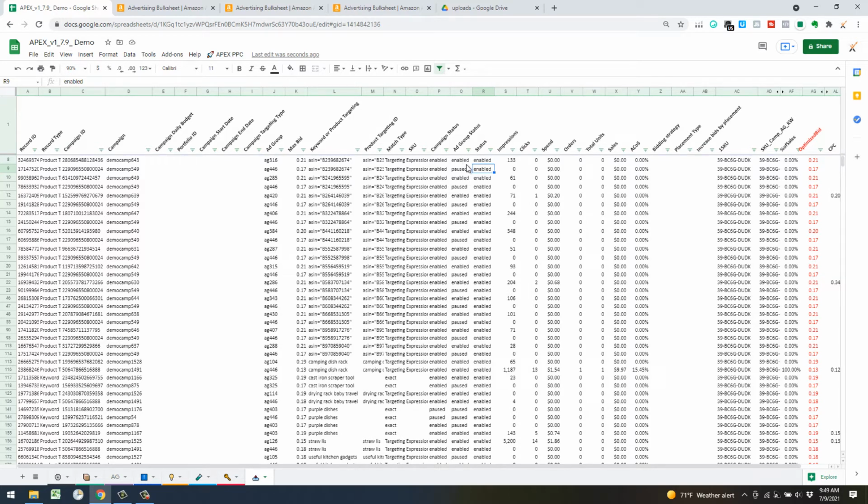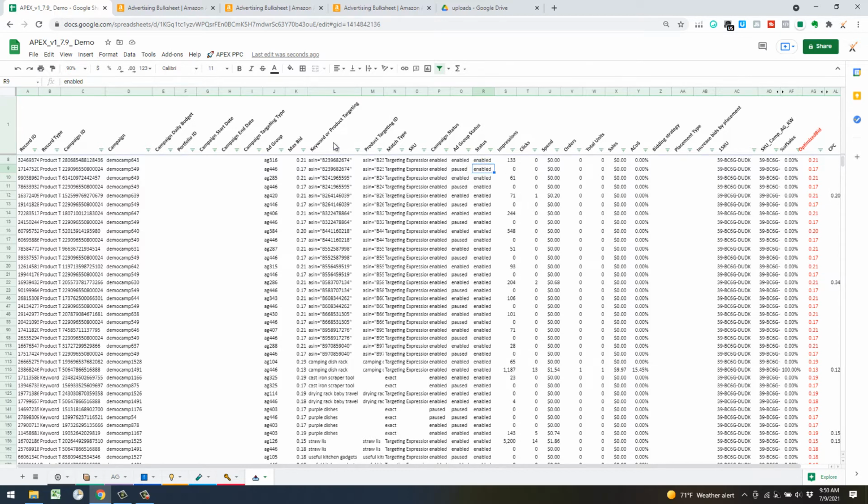You typically won't have that. This was just how it imported in, but what you'll have is if you accidentally put the same keyword in the same match type, just different campaigns,